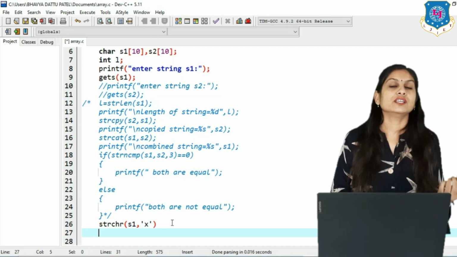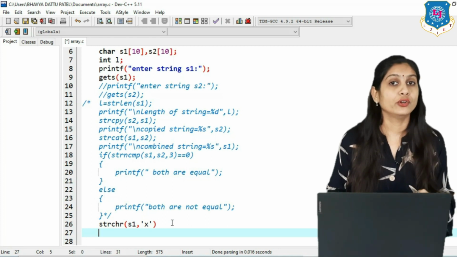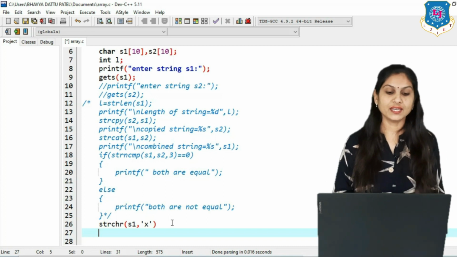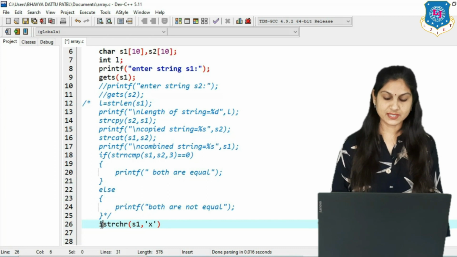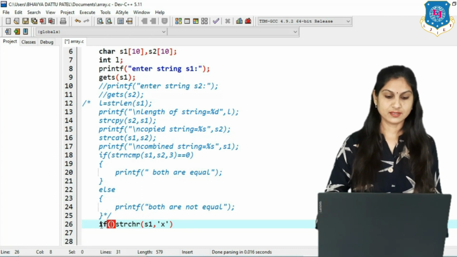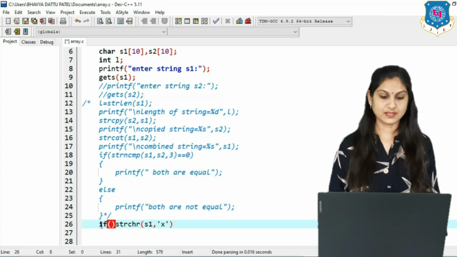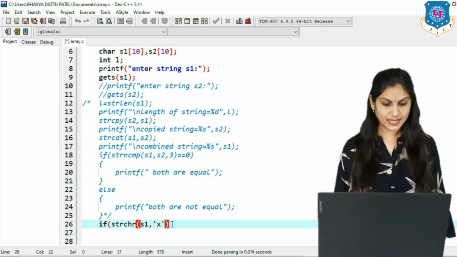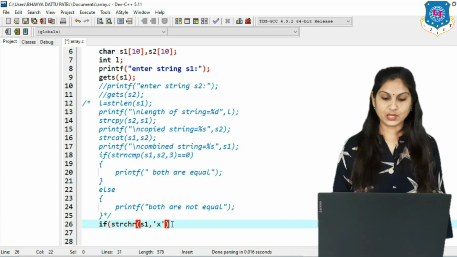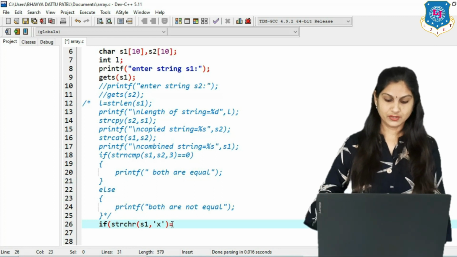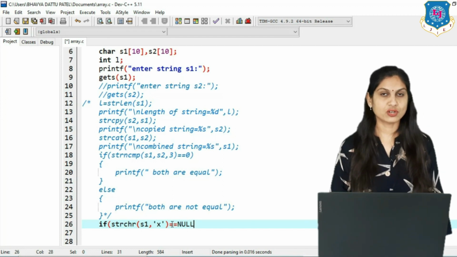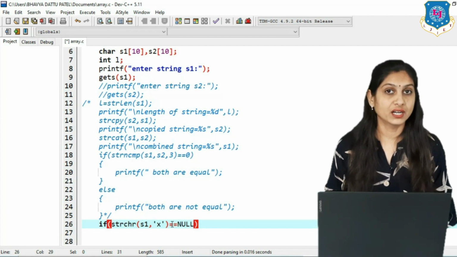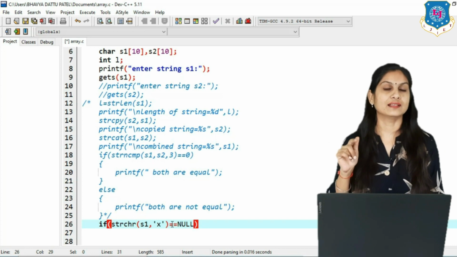Now what happens when you write this function? It returns yes or no, meaning null or not null value. So it is again in an if part. So here you have to write in an if the same function, that is strchr s1 comma x, and then equal null. You can write null in capital letters also, or you can simply put null in a single inverted comma /0.